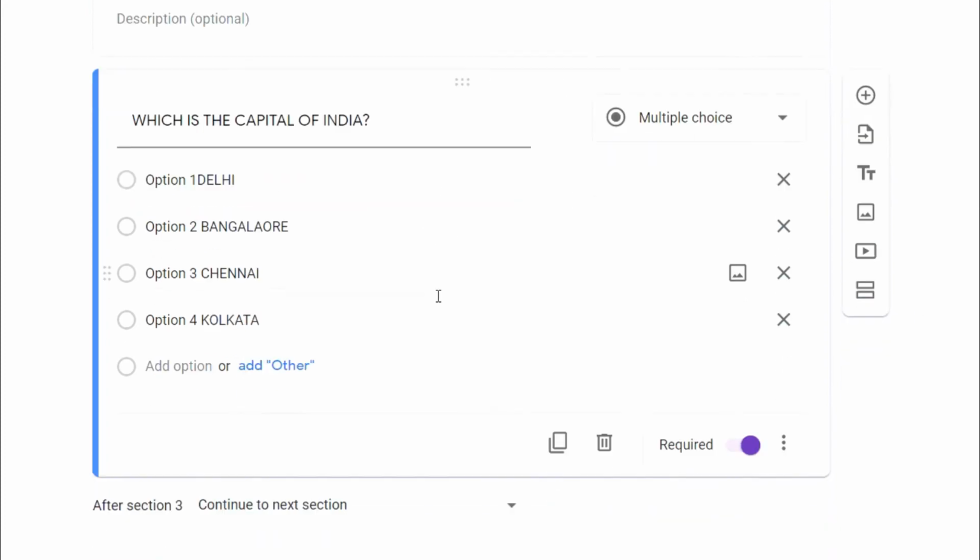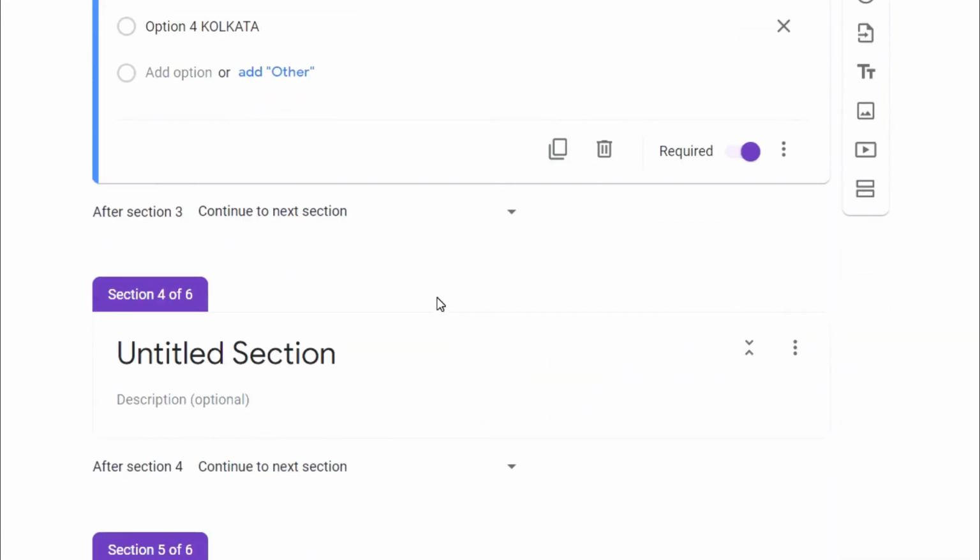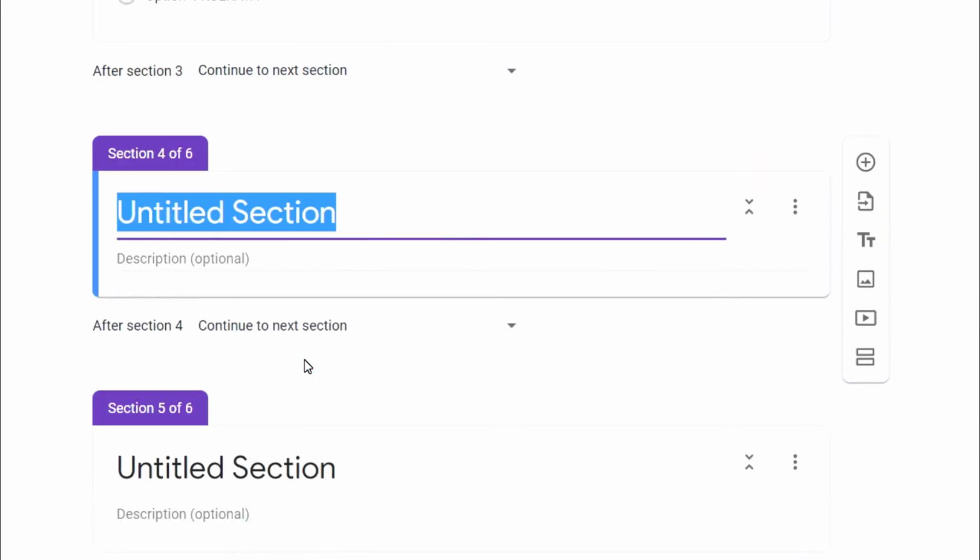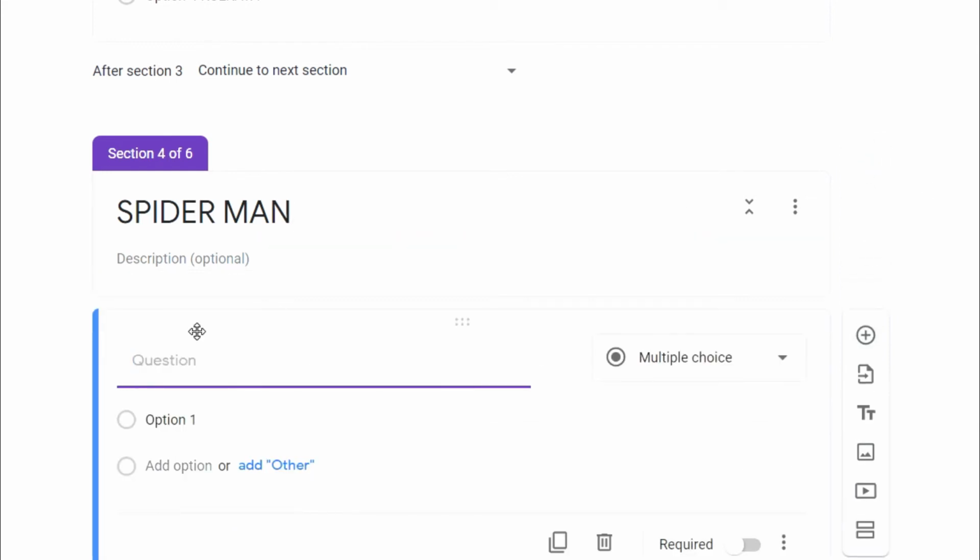Now let me show you how to set another section question also. So section 4 we have allotted to Spider-Man. So here we will add one more question. Who is the captain of Indian cricket team?